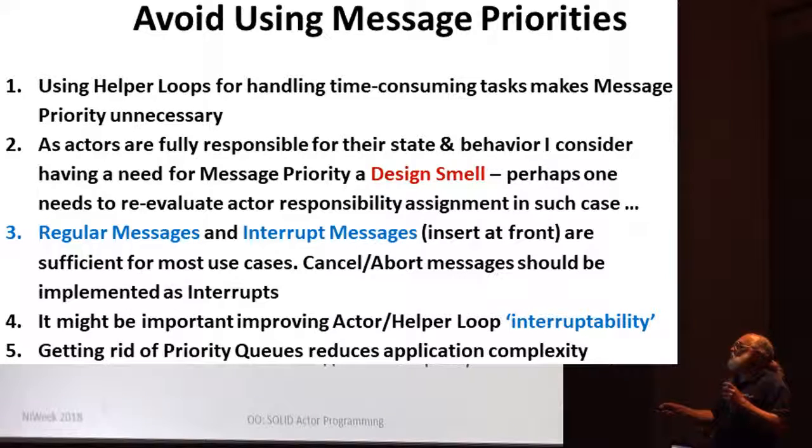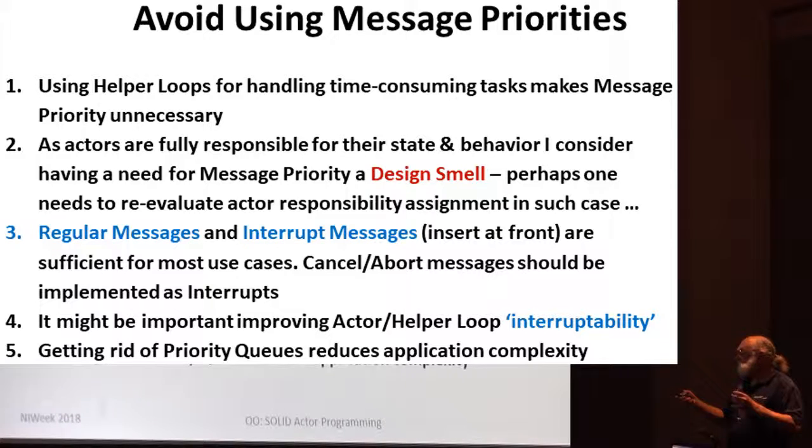The one thing that is important also is if you have a number of helper loops, they need to be interruptible. If your actor receives a cancel command or stop command or whatever it's called, it needs to stop all its helper loops until it can stop itself. And if the helper loop is not interruptible, if it takes 5 seconds to finish something or an hour to finish something, your application will stop. So when you create helper loops, make sure you put in some plumbing to interrupt it in the middle of something. Okay.